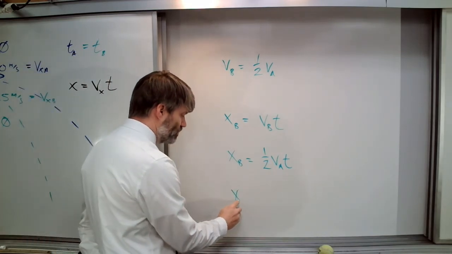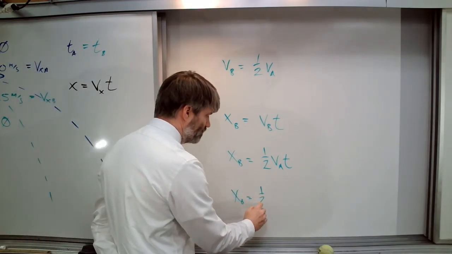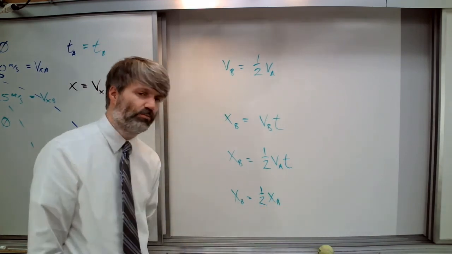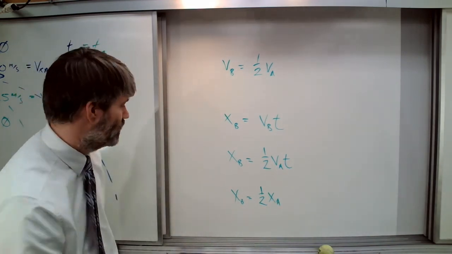So, in that same amount of time, B can only go half of the distance. Right? Don't have to do much